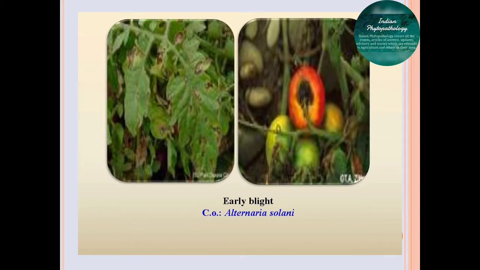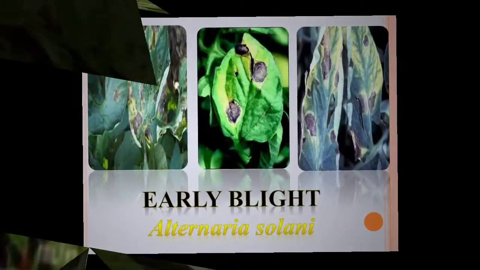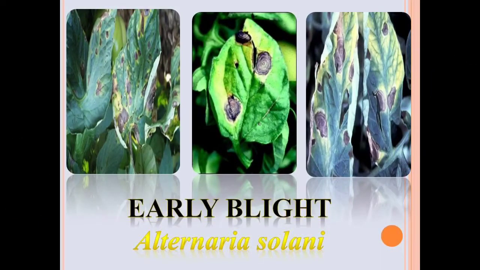On infected leaves, it shows circular to angular dark brown to black spots with concentric rings. Such concentric rings are produced only in case of infection by this Alternaria pathogen. That means when any Alternaria pathogen infects plant tissues, it produces a certain type of concentric rings, which you can